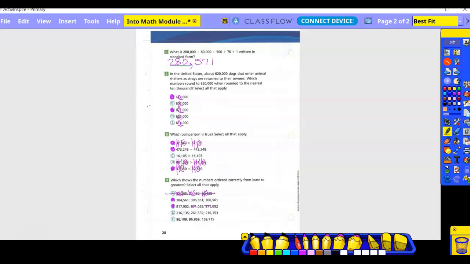Yes. The next one, we have 216,000, 261,000, and then 216,000 again. Is that one correct? No. Okay, so letter D would not be a choice. And then letter E, we have 86,000, 96,000, and 169,000. So does